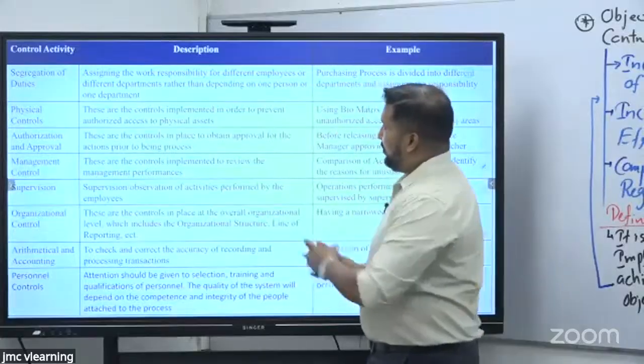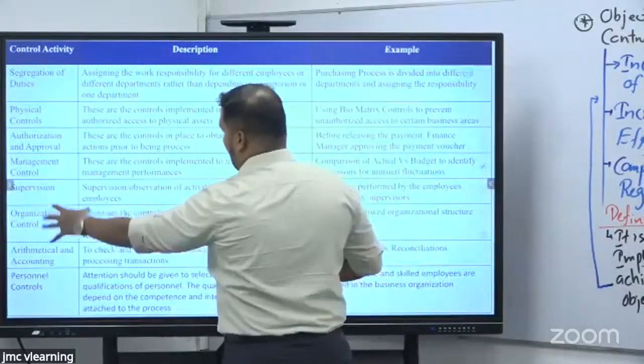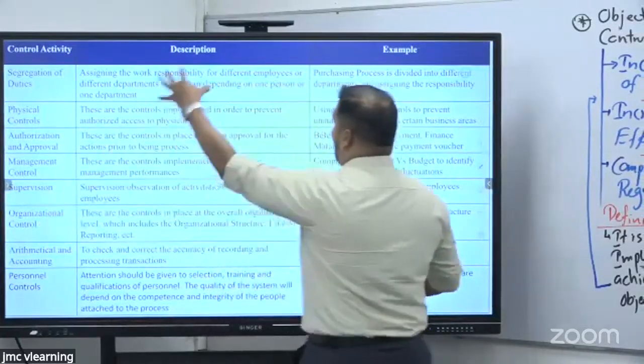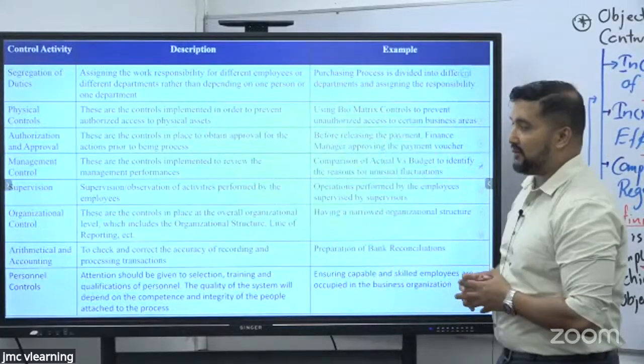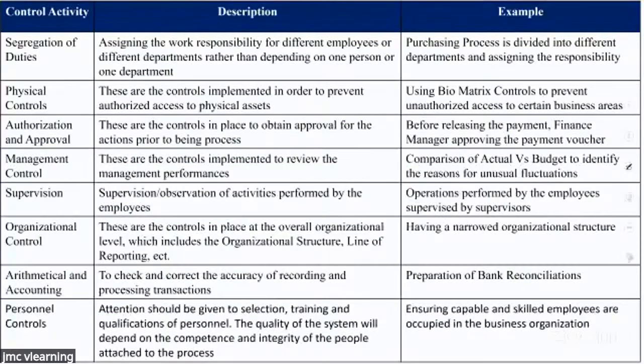Okay, so you have the clear control activity, the description plus an example as well, to give you a better understanding. Take the full screen. Can you see the screen now? Yes, sir, we can. Yeah, so I have kept a few spaces in the tute itself so that you can take down whatever points you want. Okay, control activity. So we'll go one by one.